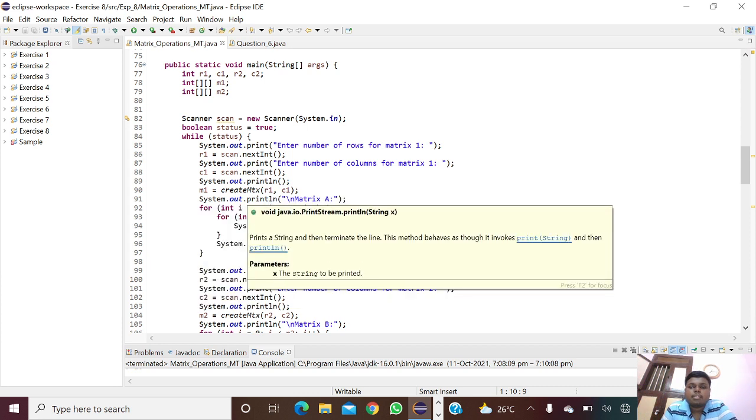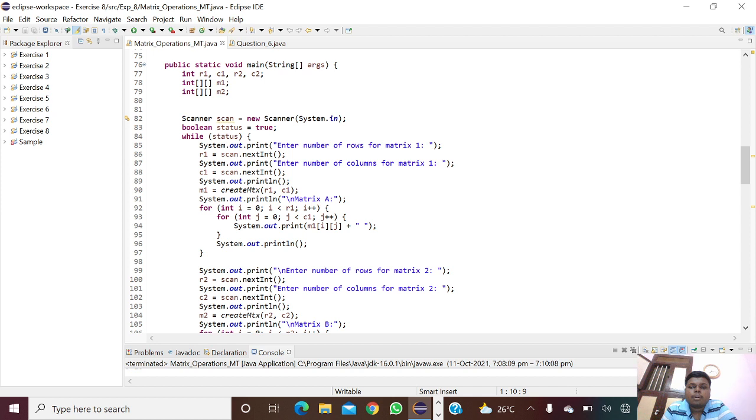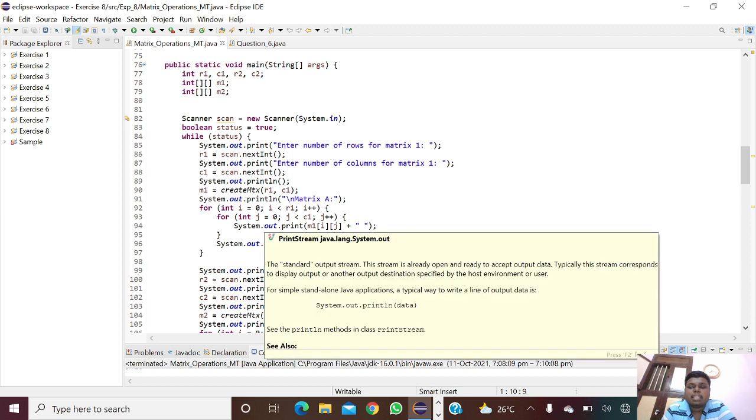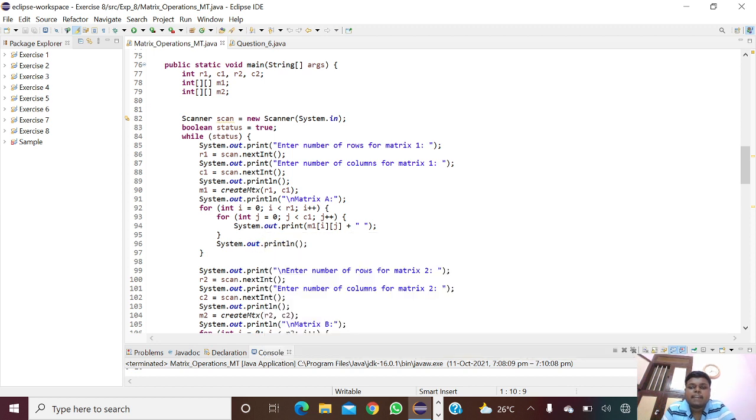For getting matrix A, using a for loop: for int i equal to 0, i less than r1, i plus plus. Then for int j equal to 0, j less than c1, j plus plus. Then get the element for matrix A.